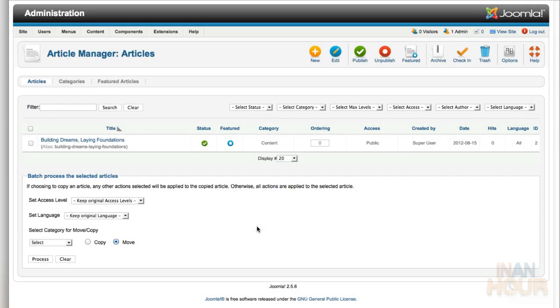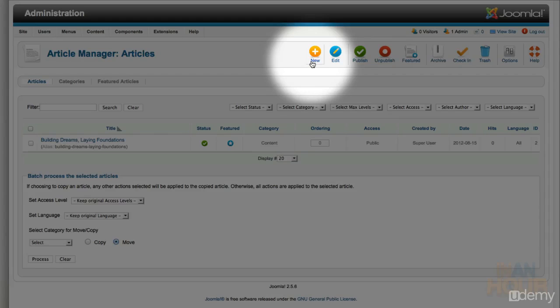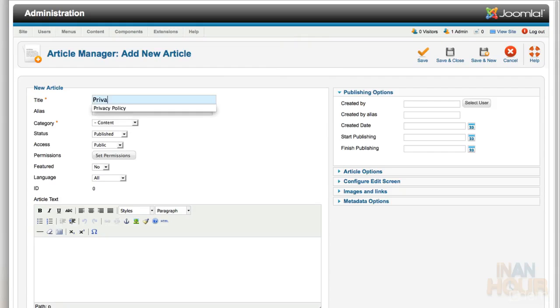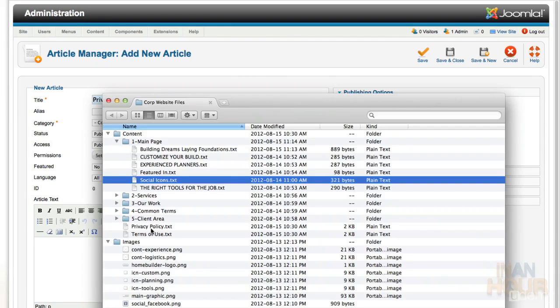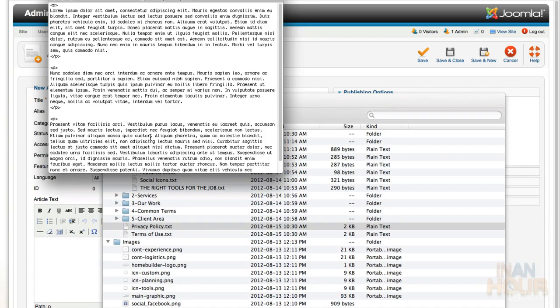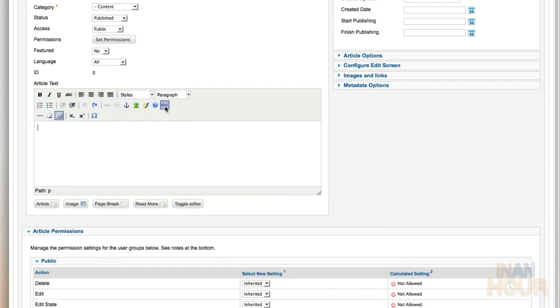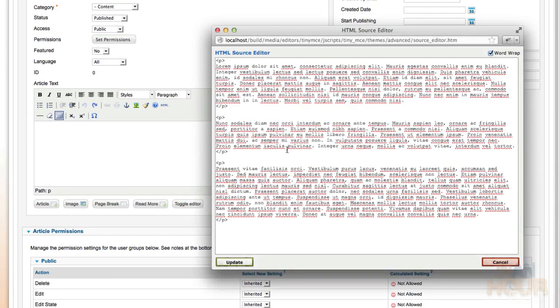Okay, we're going to jump back into things by adding the easy ones first. I'm going to go up to the top and click New. We're going to add the privacy policy quickly. Switch to our files, open up the privacy policy text, switch back, hit the HTML button, paste our code in,